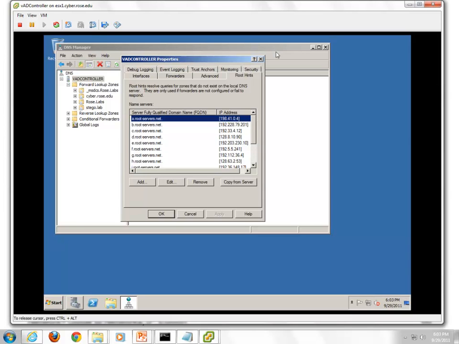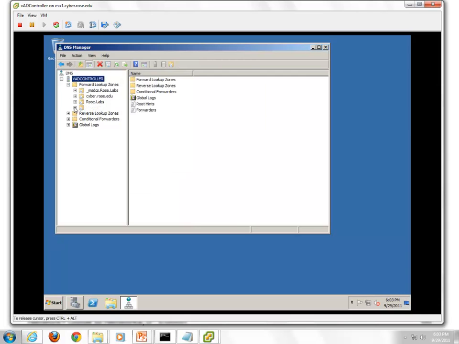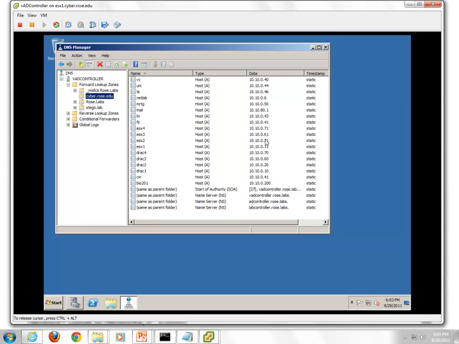If you look in here, like I have cyber.rose.edu. The machine I logged into a second ago was the very top one, VC, so it's vc.cyber.rose.edu. If you were to type that in from your house, the first thing that would happen is you would ask the top-level domain servers, those 13 machines, hey, who's in charge of edu? And they would say whoever that is.